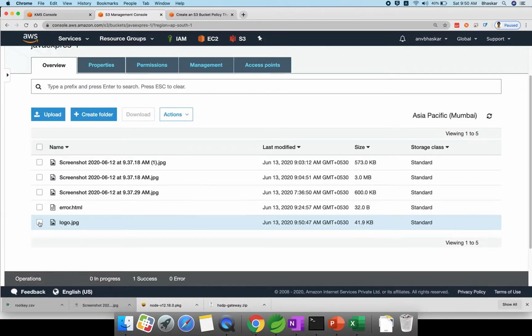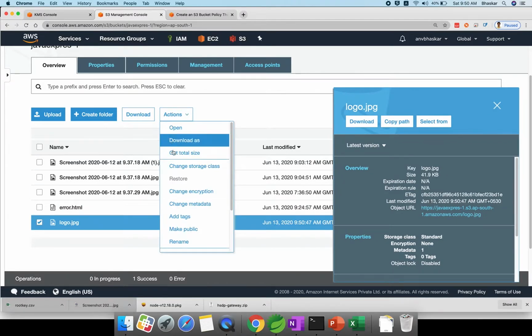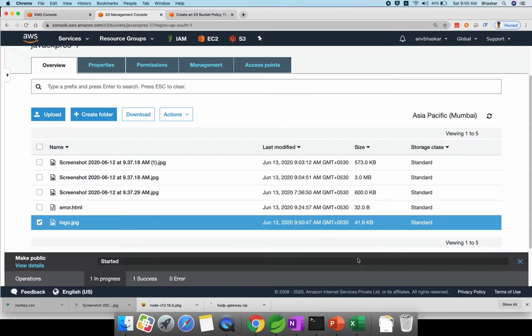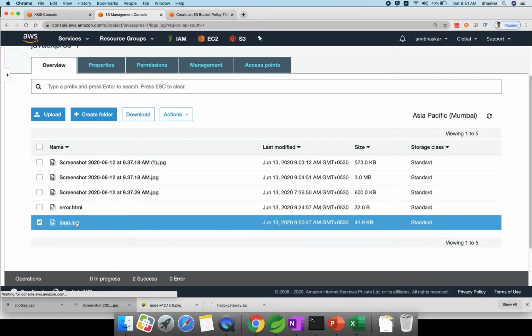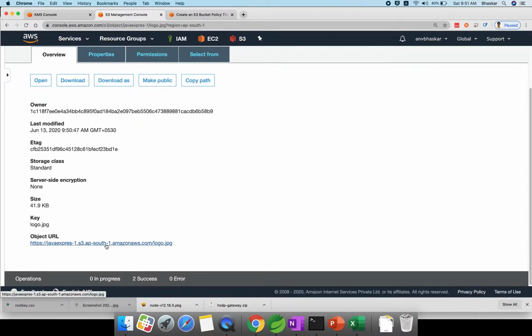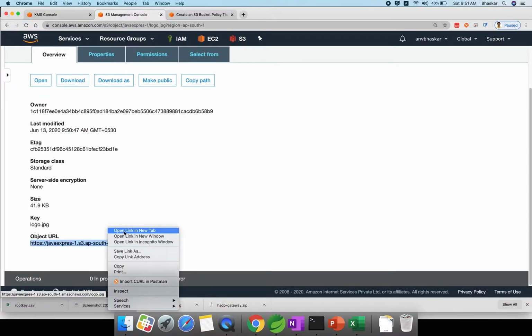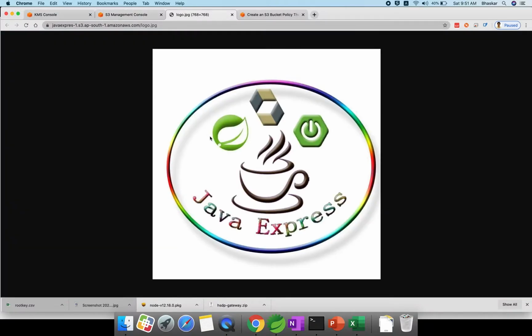Now I will make it public. First use case we are trying to do: make it public. Okay, now it is public. If you click here, this is your key URL. Open the tab, and you are able to access this image. Up to now you are very good, I explained everything very clearly.